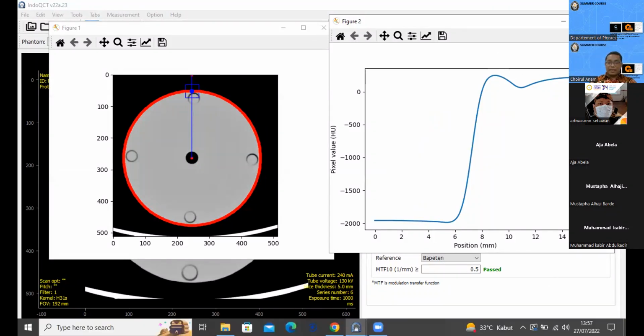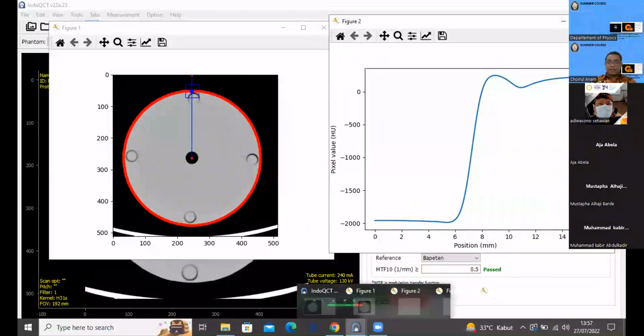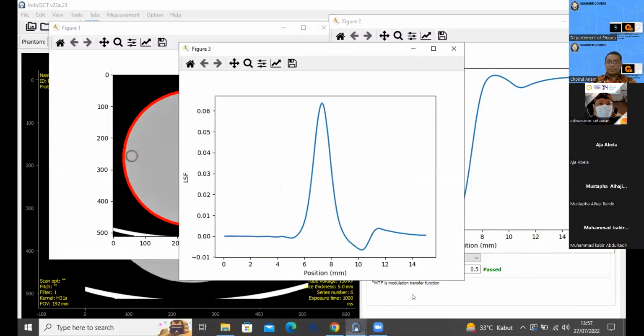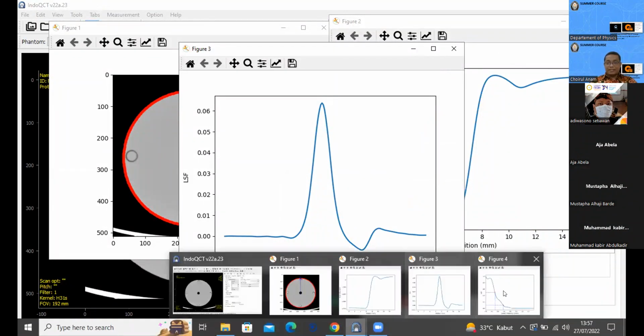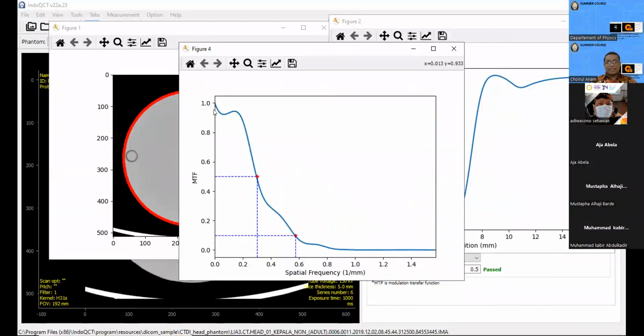After differentiation, this is our LSF, and this one is our MTF. There is a small fluctuation here, and our result is relatively good, almost 0.6.